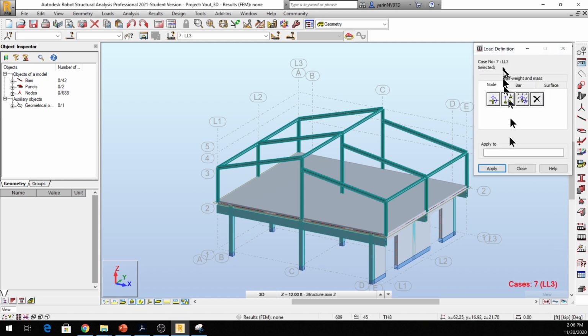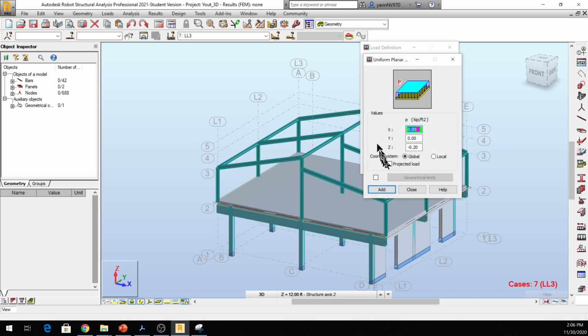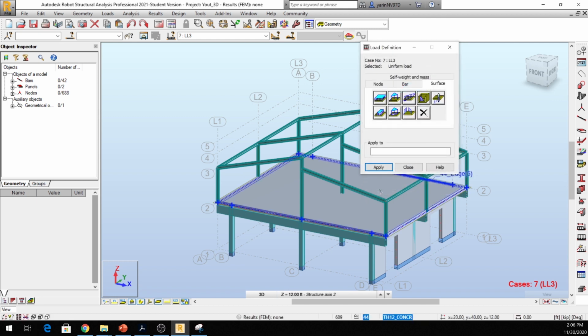We're going to click the load definition, and from load definition let's select the surface, and then select the uniform load here, and we're going to add right here minus 0.2, which is 200 pounds per square foot, or 0.2 kip per square foot. We're going to select that, and let's click add. And once we have that, select the slab itself and click on it,